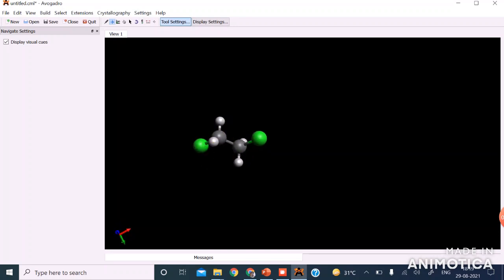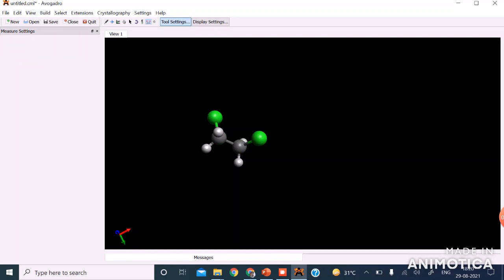Now select the bond centric manipulation tool and click on this bond. Bond is clicked. Now rotate this chlorine atom. Yeah, it is now rotated. Now we will first measure the dihedral angle.